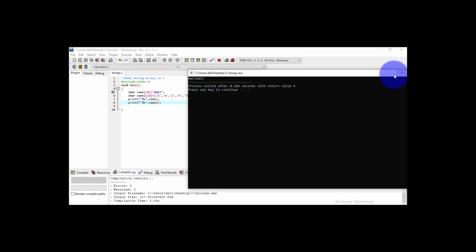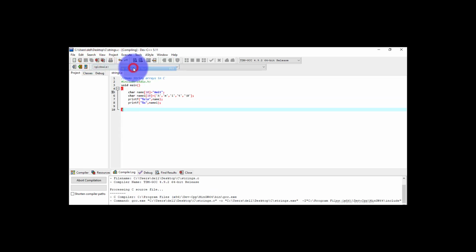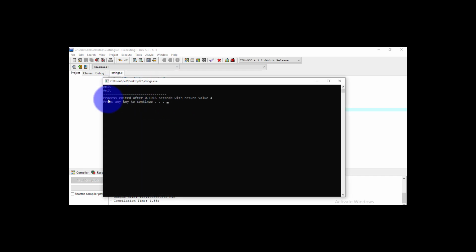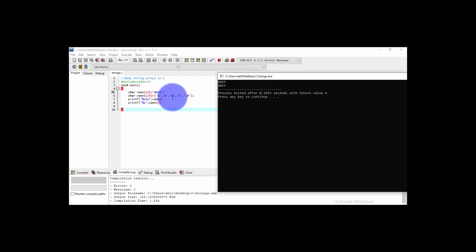So I just want to make some small changes to the program. I want the line to be displayed in a new line. So for that I'm using the escape sequence \n. Then go to the execute menu, choose compile and run, and here we see the difference. So what we have done, we have declared two arrays, and to that I have initialized one value, that is Amit, using double quotes, and there is another way of initializing the array. So we can initialize the array either this way or this way, and after that we have displayed the values of these string arrays.